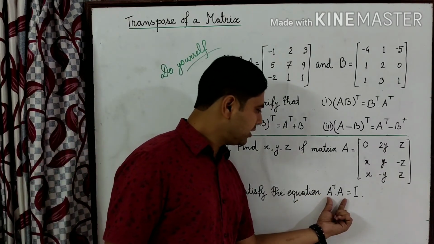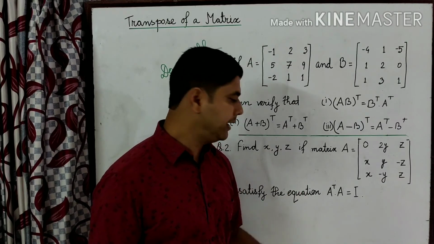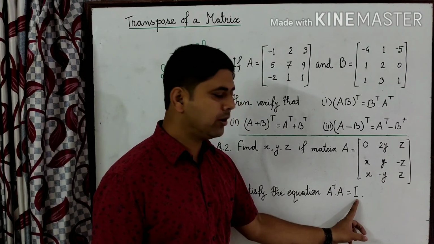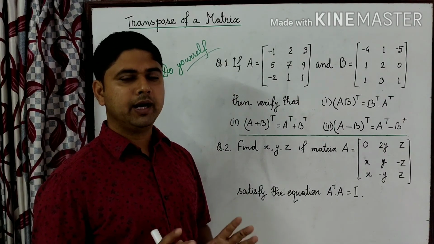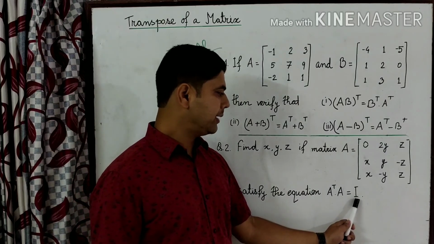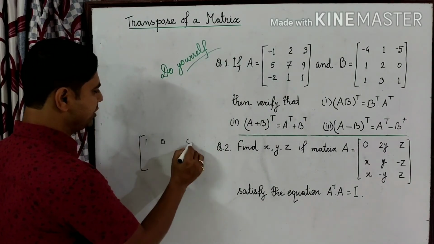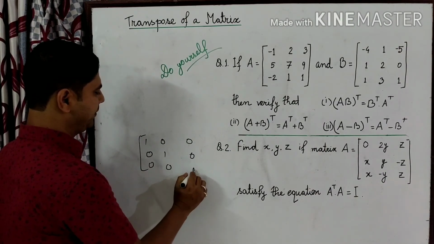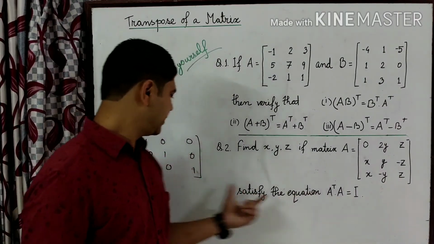Therefore, after multiplication of these two matrices, you have another matrix whose order is what? 3 by 3 is equal to I. I means what? Identity matrix. Definitely this one always we consider what? I3. I3 means what? Here I3 means a matrix with 1 0 0, 0 1 0, 0 0 1. Okay, that is the identity matrix. Okay, write I3 in place.